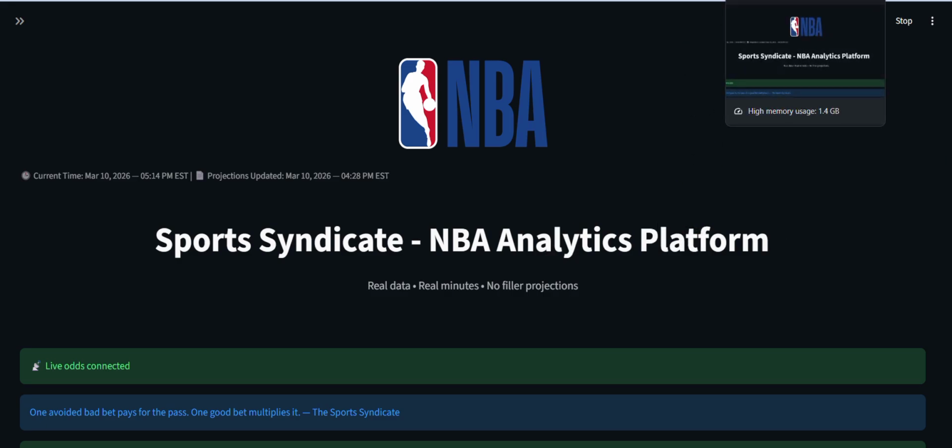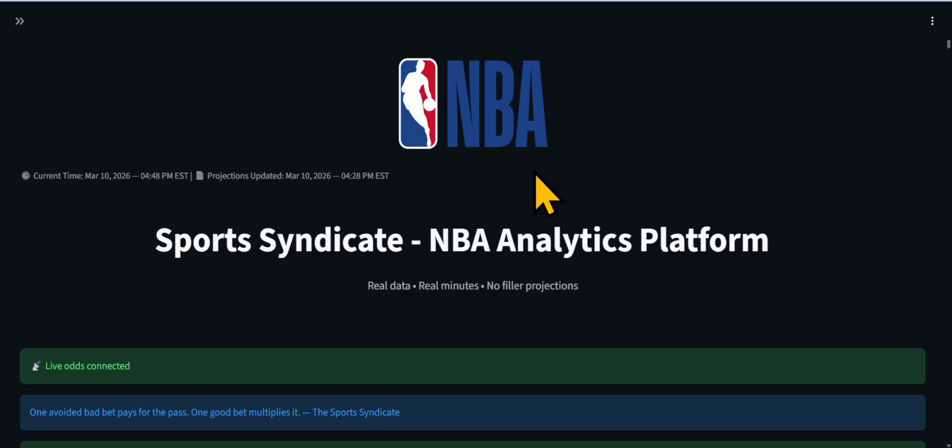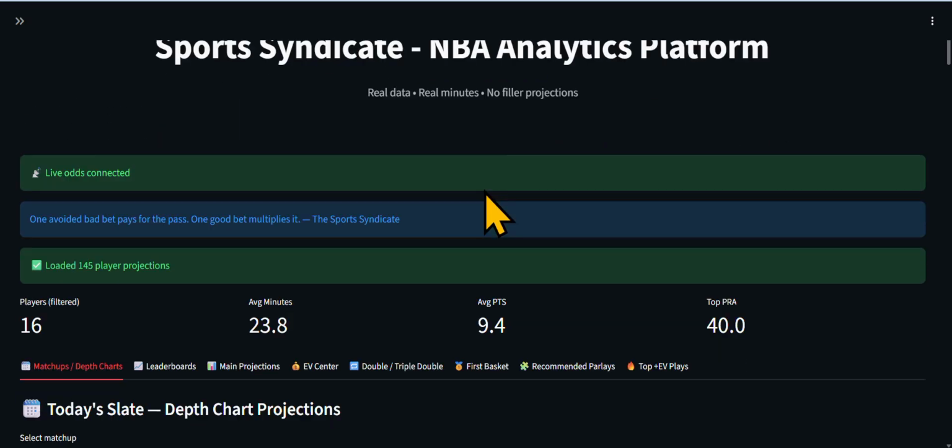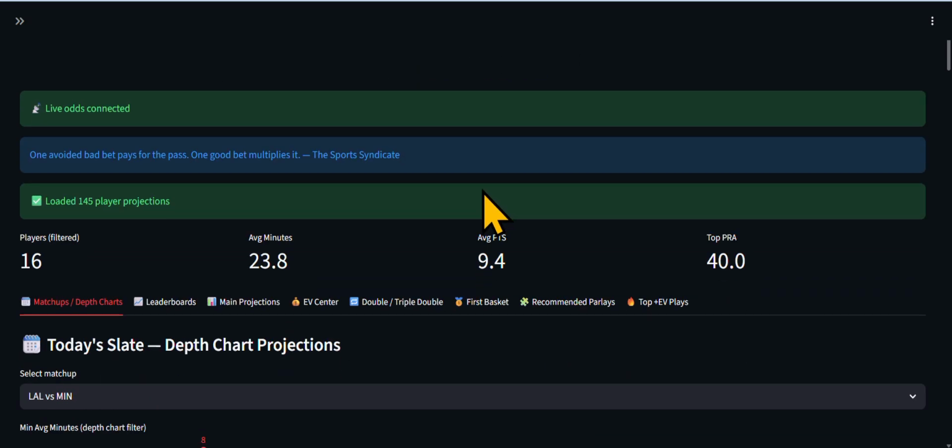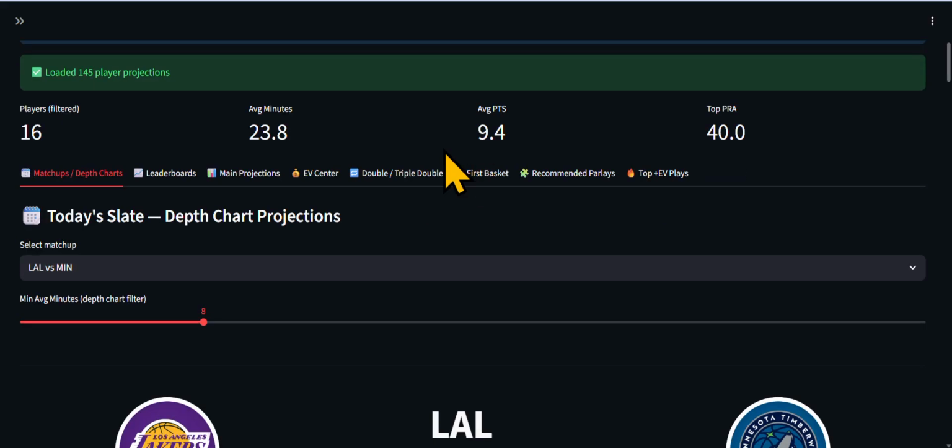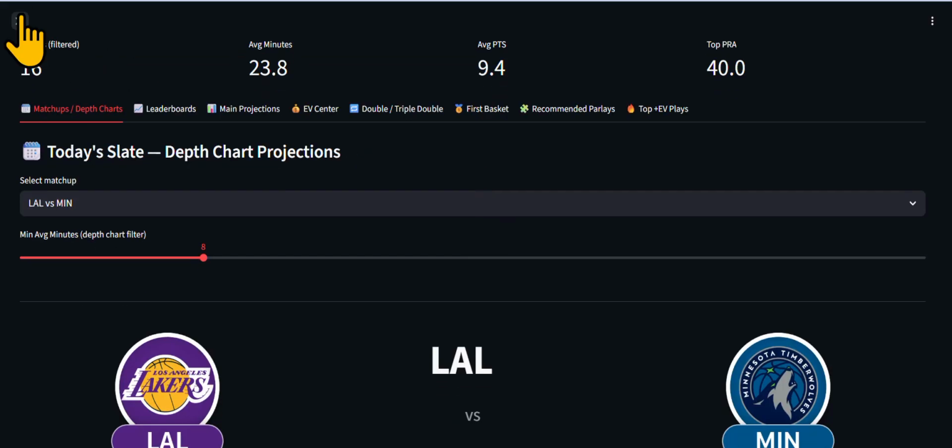All right. So when you get into the model and you're at this phase, you just scroll down. The matchup that I'm going to show you today is the Lakers and the Timberwolves. On the left panel, before we get into the matchup,